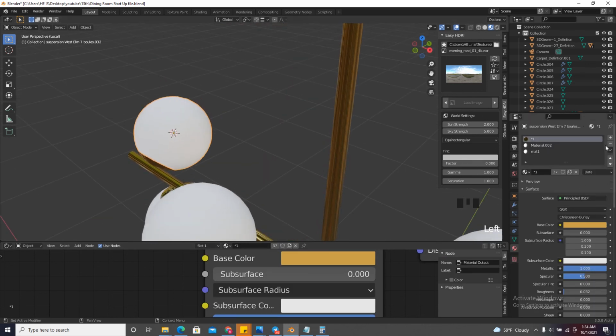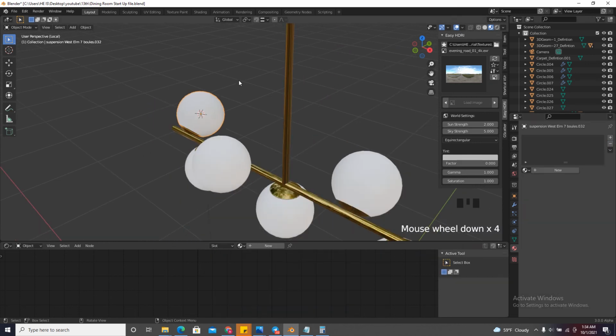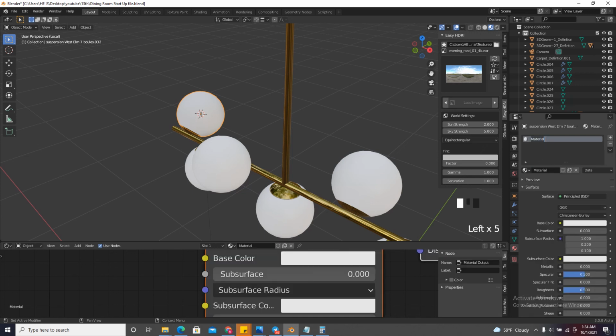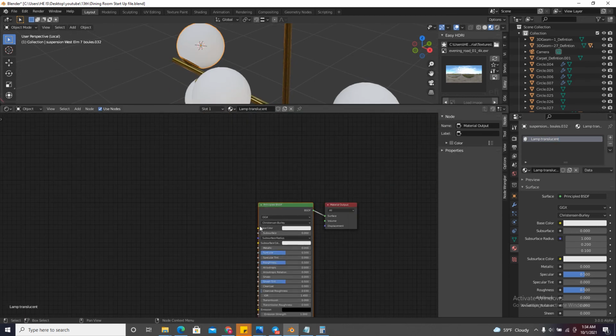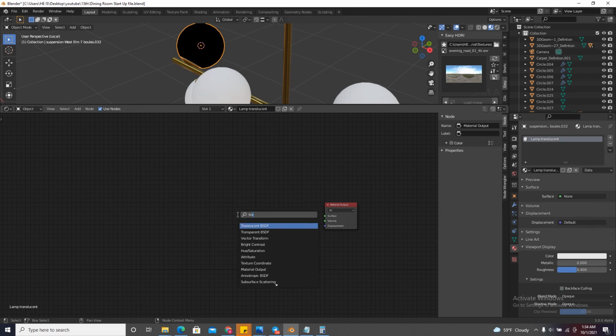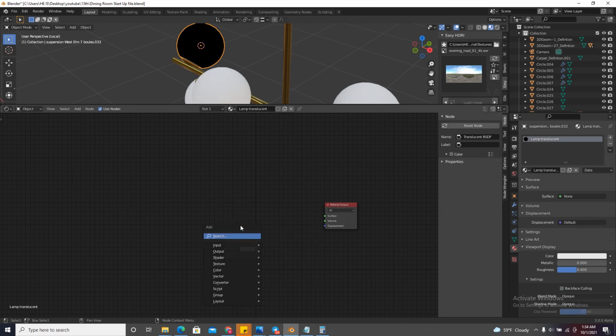Just select this one, and I'm going to delete everything and press new, and press new again. I'm going to name it lamp translucent, since it's going to be translucent. So let's see, I'm just going to delete this one, press Shift A, translucent. Let me mix it between translucent and transparent. Sorry, press Shift A,